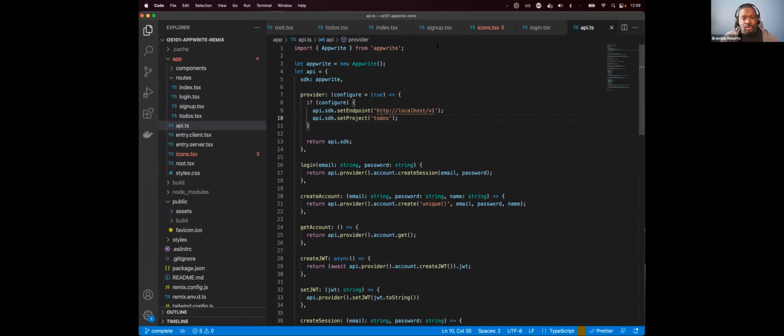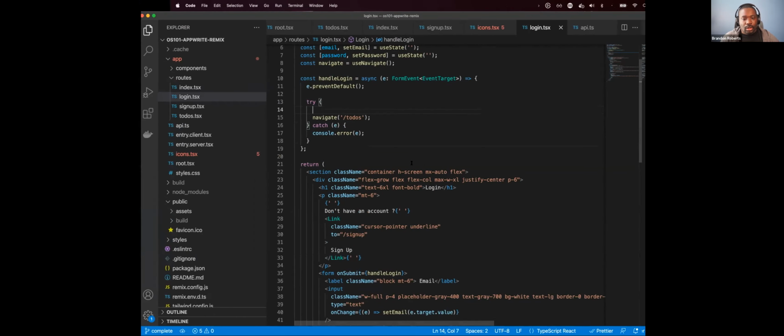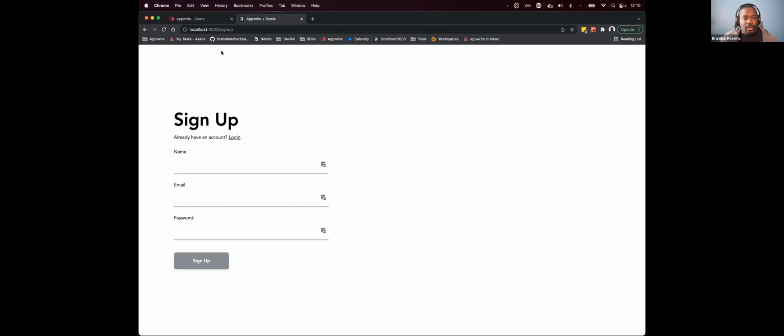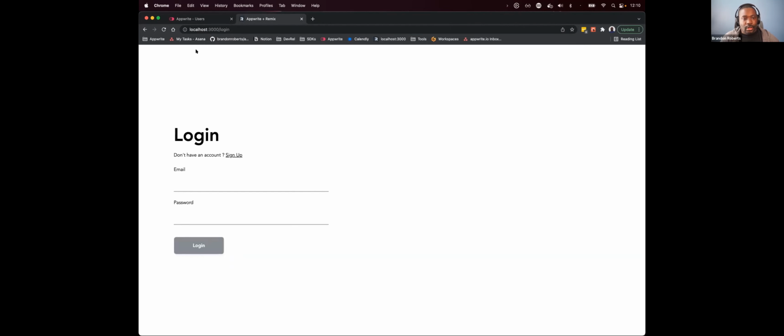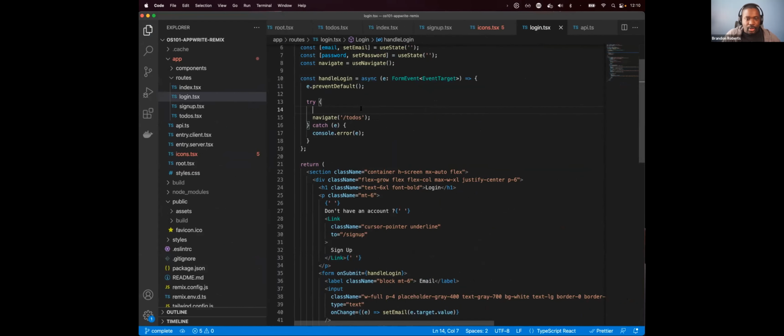So if we go back to the login page, I have the login page pretty much stubbed out here already. And what I want to do is when they enter the username and password here, we'll just log them into the to-dos page. So as I mentioned before, I have the API set up here.